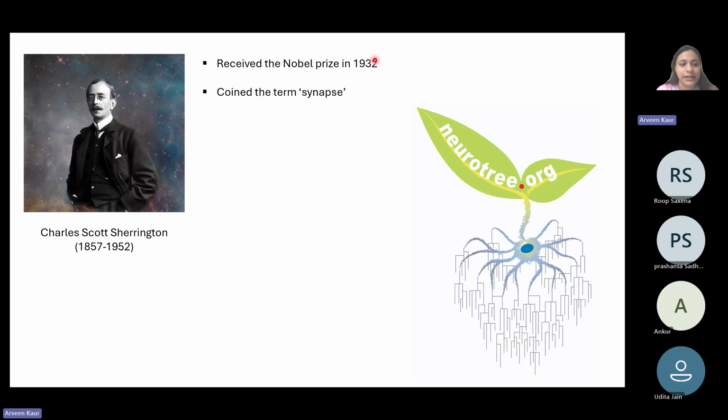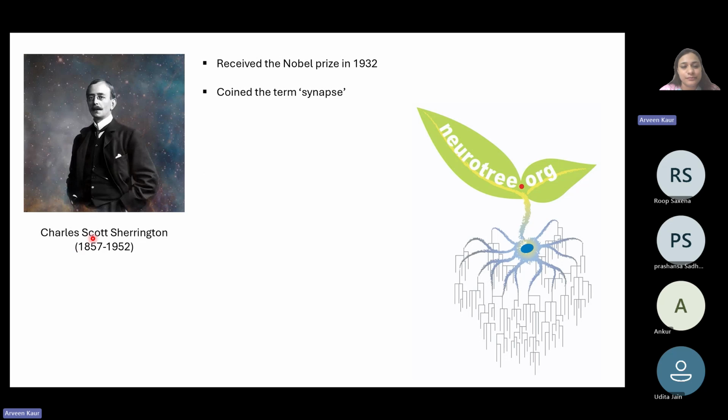And he received the Nobel Prize in 1932, and he was the one who coined this term synapse, right? And synapse is one of the most integral parts of how neurons function, and how a few million neurons have billions of different kinds of connections and things that they remember and do, right? And there is an organization named Neurotree, wherein multiple,